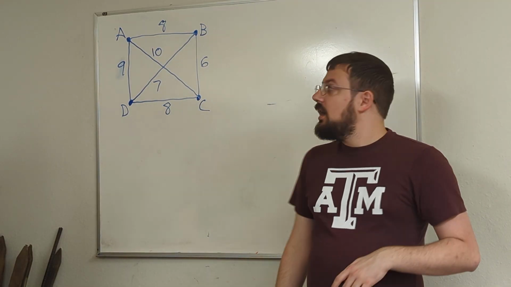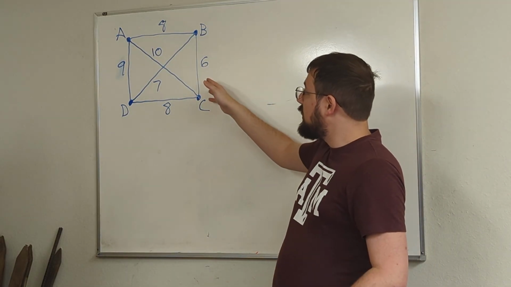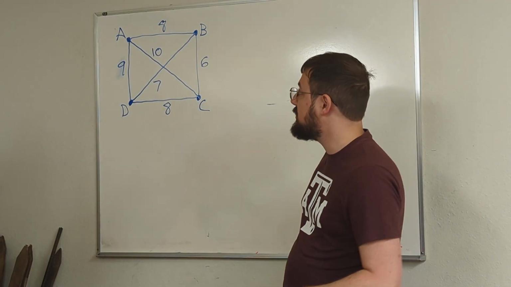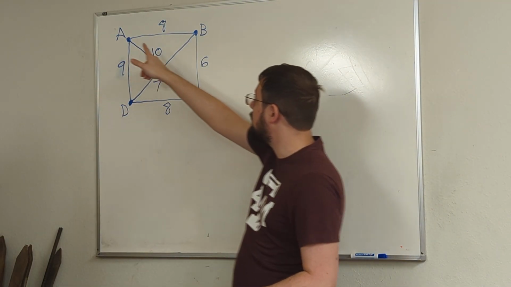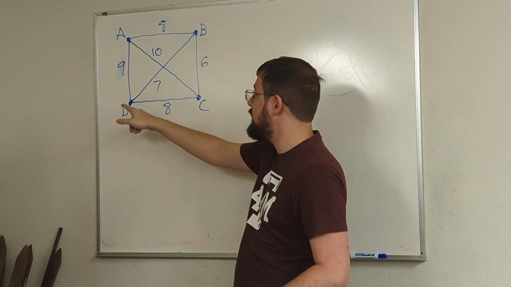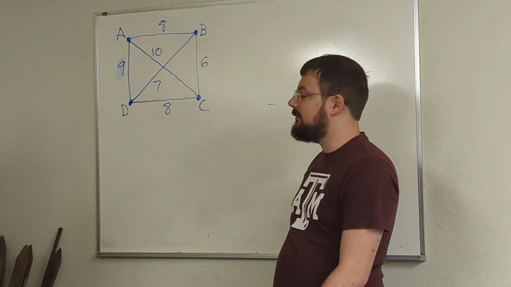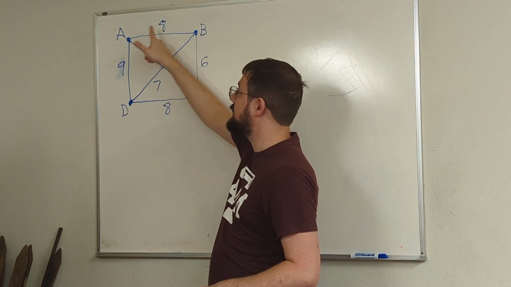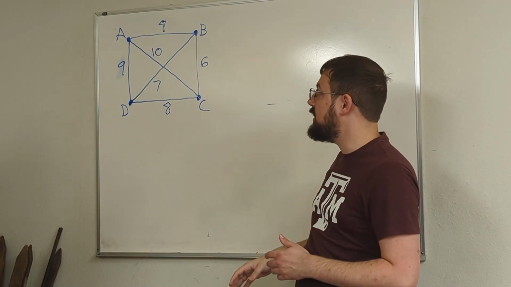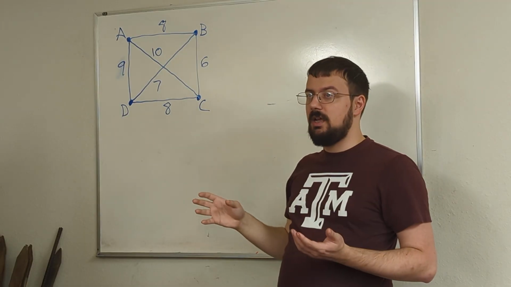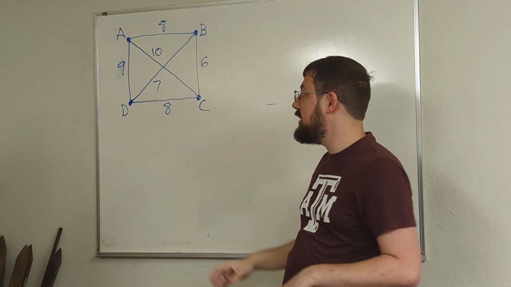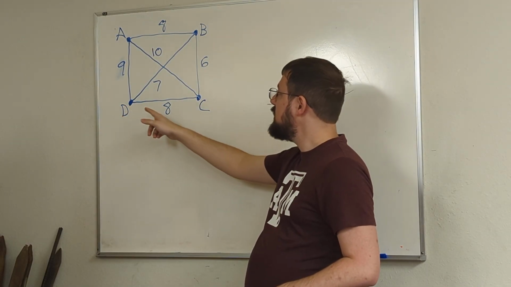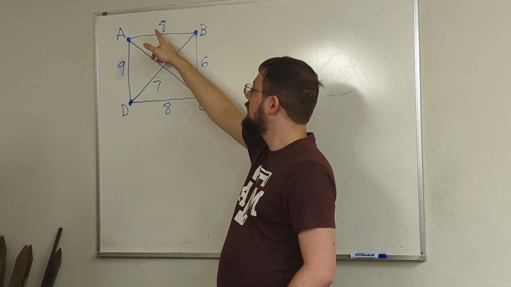Now, up here I have an example of a graph that represents what we might see with a traveling salesman problem. So say point A is your home and you're running errands and you're trying to get between B, C, and D for the lowest total time. And these numbers on the different edges represent the traveling times. So the idea is we want to find a way, a circuit, you can say, that visits all four of these vertices, A, B, C, and D, with the lowest total